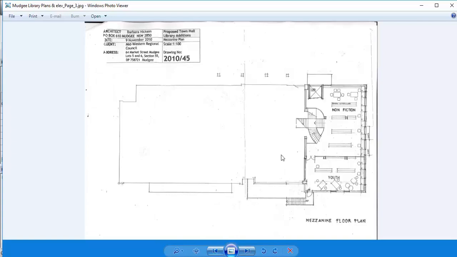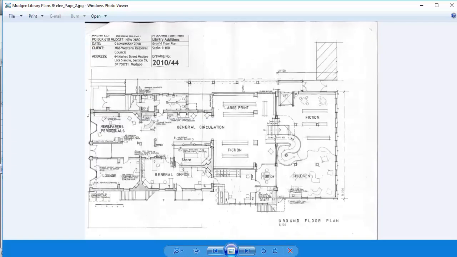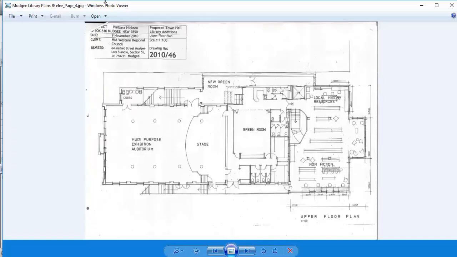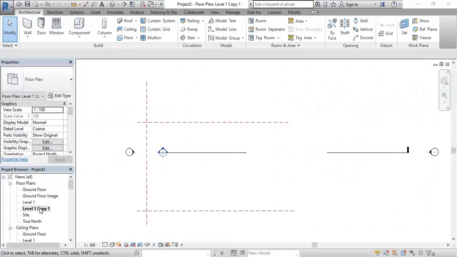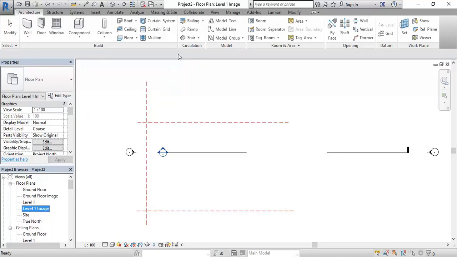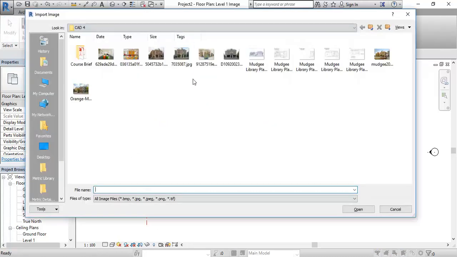So we can have this. So this is a proper mezzanine. So we'll put the upper level in next. So here you've got the upper level plan, which is page 4. So again, now in my copy, I'll rename that as level 1 image,